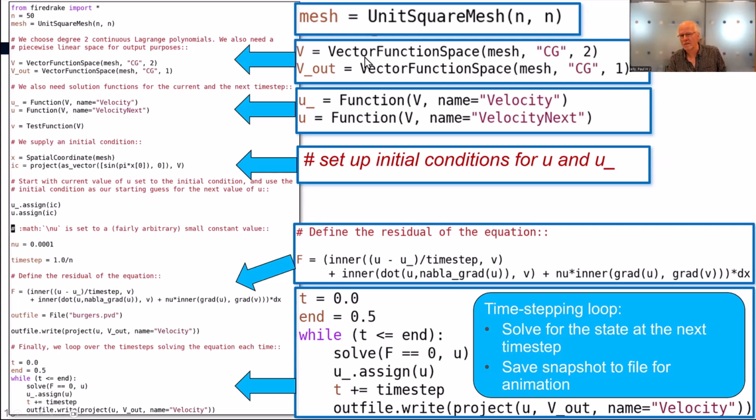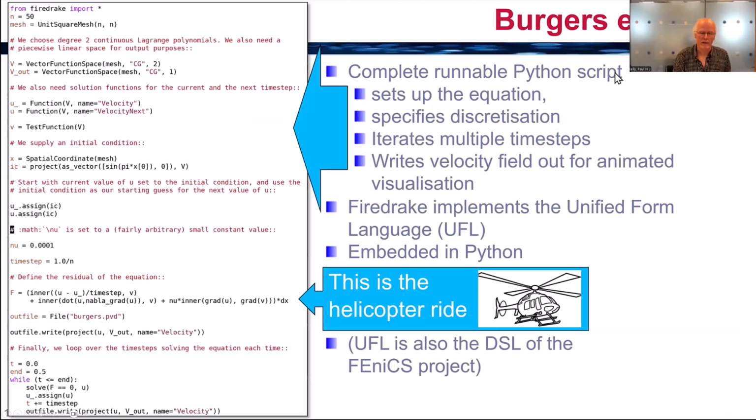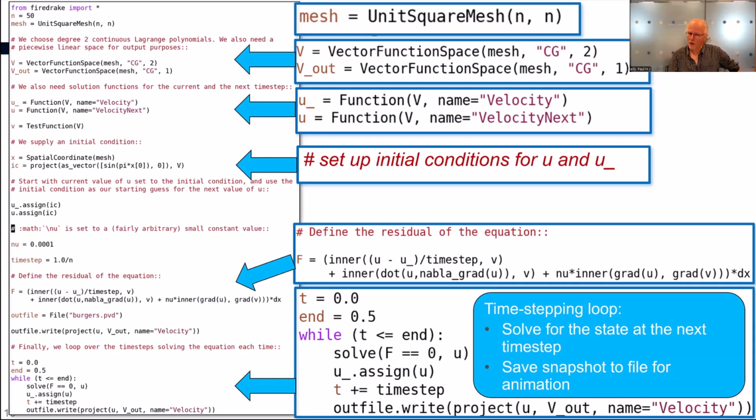Up at the top, we're specifying the mesh on which this finite element solution is to be calculated. So this is a conjugate gradient mesh. The mesh on which we're doing the solution is order 2, it's quadratic. The mesh on which we're going to output is order 1, linear. And what the compiler is really doing is weaving together the mesh, or the finite element model, with the finite element discretization with the PDE to generate the code that assembles the linear system.